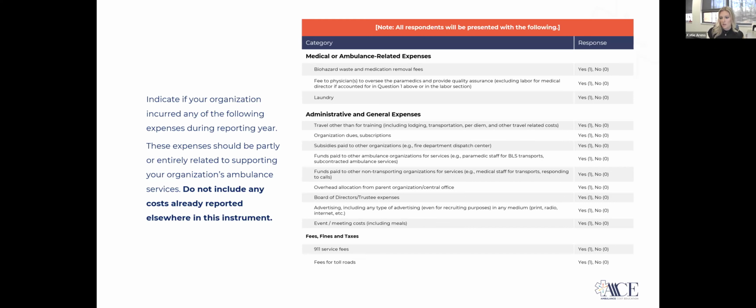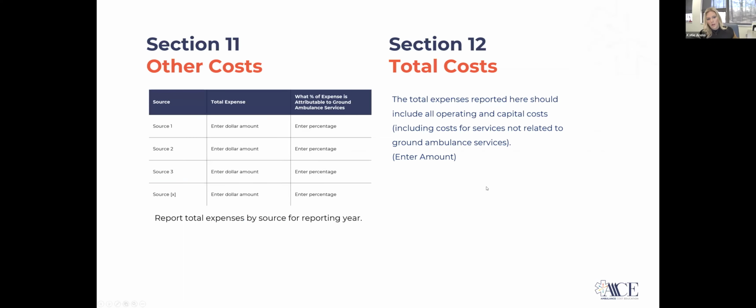So again, making sure that you're sniff checking. And something just to be mindful of is if you have multiple parties at your organization that are helping to collect all this data and say they're entering it into Amber, make sure you're double checking with those representatives that they didn't already include it somewhere else.